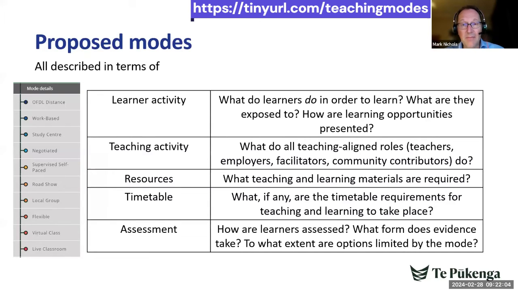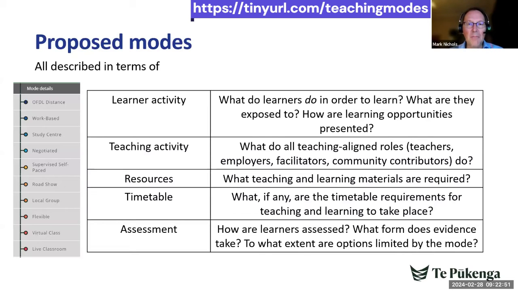So across these 5 parameters of learner activity, teaching activity, resources, timetable, and assessment, you can build up a fairly clear description of how things actually work. This detail is usually missing from the typical conversations we tend to have around modes of teaching and learning. It's also why you won't find online as a mode, because almost all of the modes listed before have some sort of online engagement. So if I described what I do as online, you'd have to assume which of the 10 modes here I actually mean. Another strength of having these 5 areas is that it future-proofs the list. So if a new mode of teaching and learning is developed, it can be defined according to these descriptive areas, and so find its place among the others.